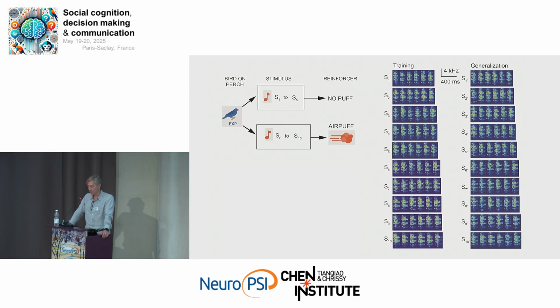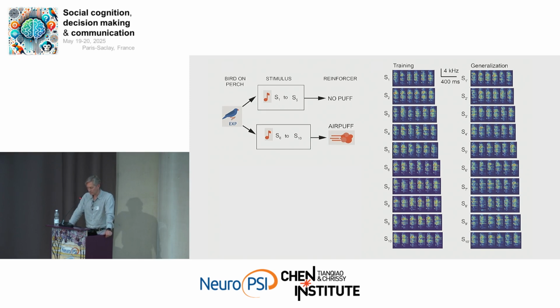The training stimuli we just picked randomly from 1 day of singing of one bird. Among the thousands of syllables, we pick just a few tens and arrange them by duration, such that the stimuli S1 to S5 are short and the stimuli S6 to S10 are long. And then for generalization, we did the exact same thing, but we picked syllables from another day.